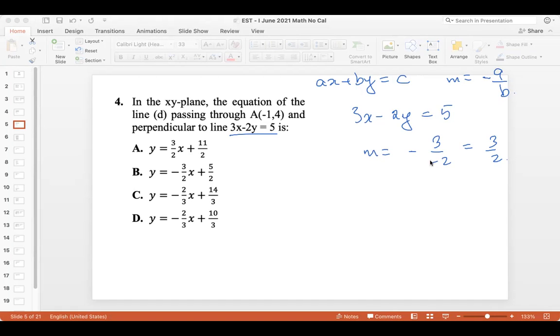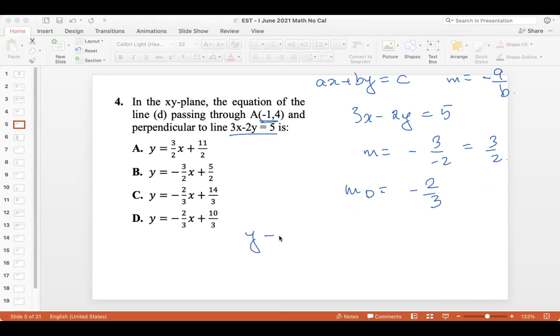So my line D has to be perpendicular to this line. So the slope of D will be negative 2 by 3. Because perpendicular line slopes are negative reciprocals of one another. So the slope of D is negative 2 by 3. And D passes through this point. So the equation of D would be